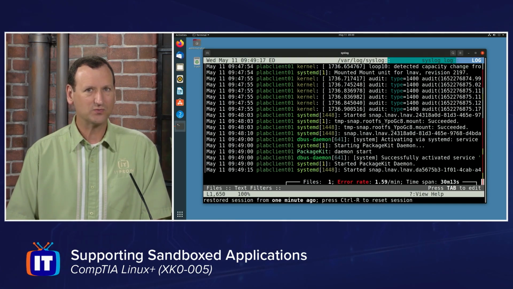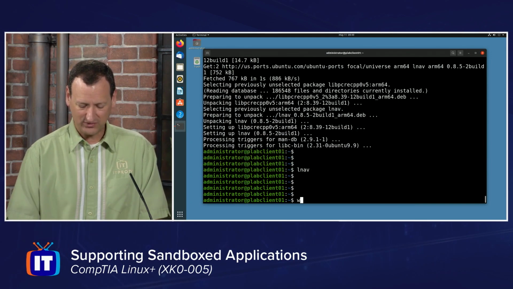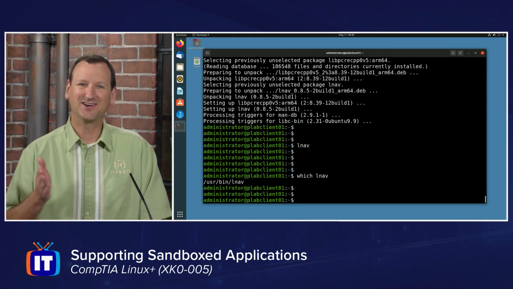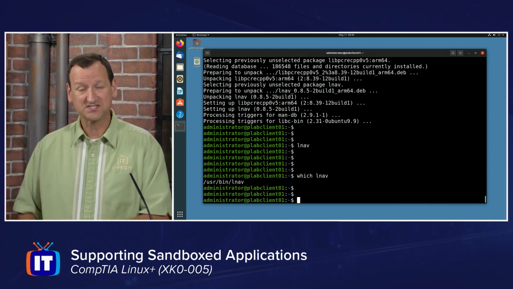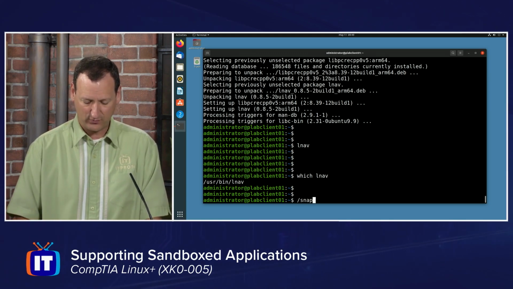I don't really know which one it ran, right? Did it run the snap or did it run the native one? Well, if I do a which lnav, I can see it ran /usr/bin/lnav. It's preferring the native app to the snap. Now I could still run the snap. I would just have to provide the path. If I pointed to